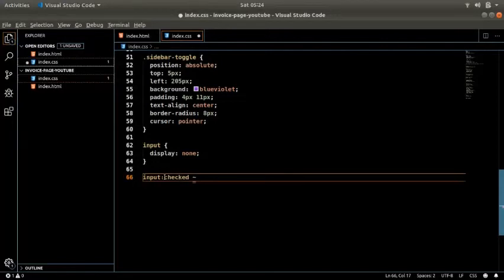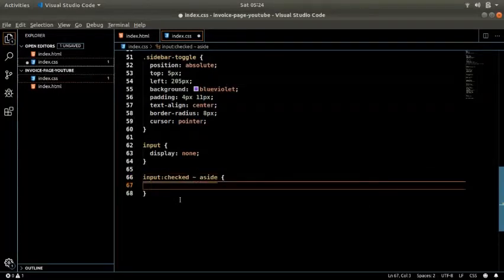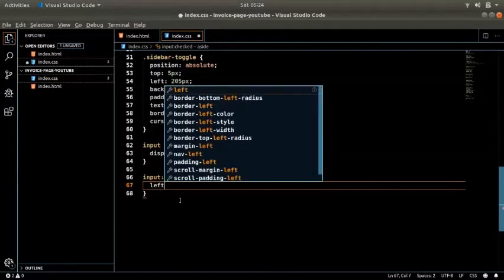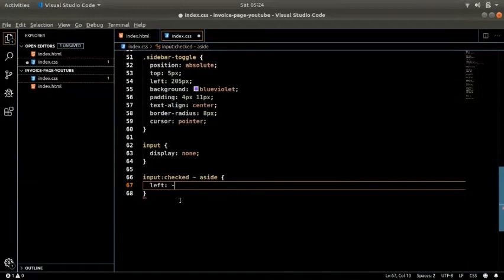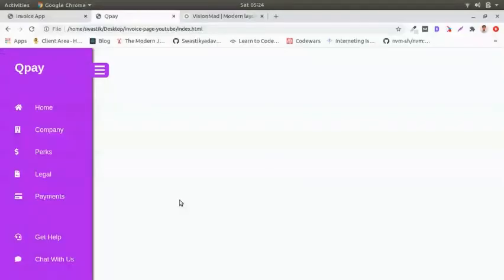So if the input is checked, what you have to do is you go to the aside, and aside is already absolutely positioned. We can make it move left and right, and move it to the left by minus 250 pixels, because that's the width of the aside, or you can move it to the right by 250 pixels.